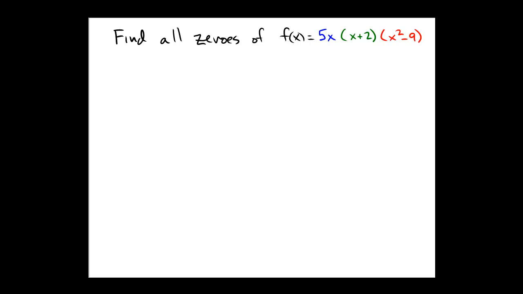Here we will find all the zeros of a function. In this case, f of x is equal to 5x times x plus 2 times x squared minus 9. So in general, when we're trying to find the zeros, we need to take the function and set it equal to 0. So as I start to do that, I'm going to come down and say f of x equals